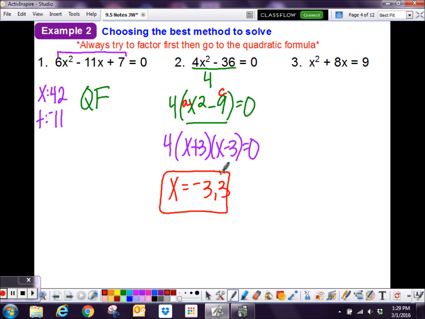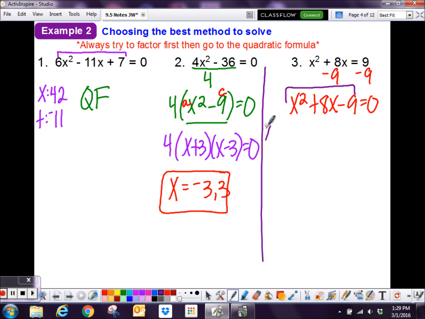Okay, number 3, I'm going to subtract this 9 and move it over. So I have x squared plus 8x minus 9 equal to 0. So again, remember, we want you to try factoring first. So I need 2 factors that multiply to be negative 9 and add to be 8. So to save you a little time, I'll go ahead and tell you that those numbers are negative 1 and